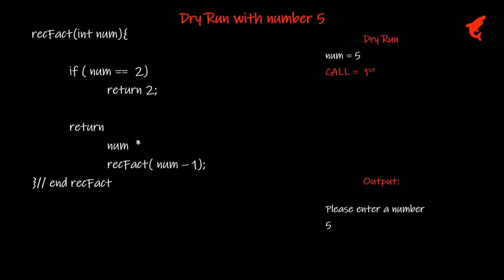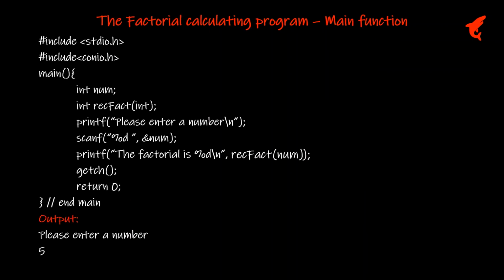Here again the rectfact function call we replace with the return value, which is going to be 24. It is going to be multiplied by num value, and that will give the value 120, and this 120 will now be returned to its previous function call, which was the call from the main function. So now control goes back to the main function. So we are in the main function now.